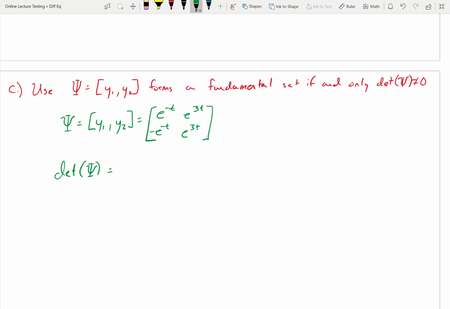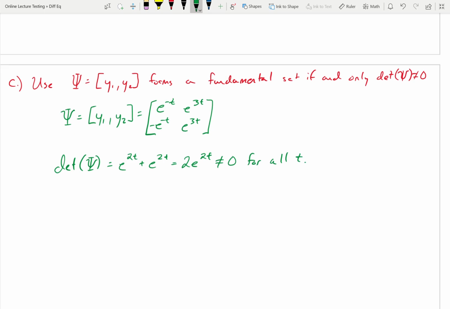Well, we're going to multiply the diagonals and then subtract, so we're going to get e to the 2t minus negative, so plus e to the 2t, which is equal to 2e to the 2t, which is not equal to 0 for all t. All right, therefore,